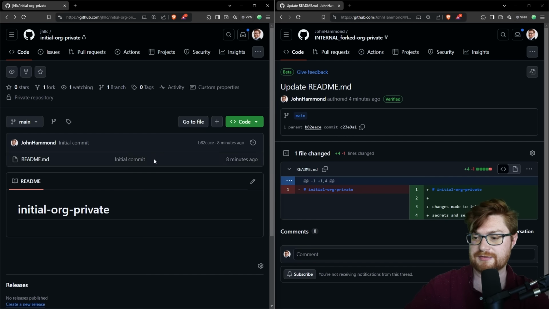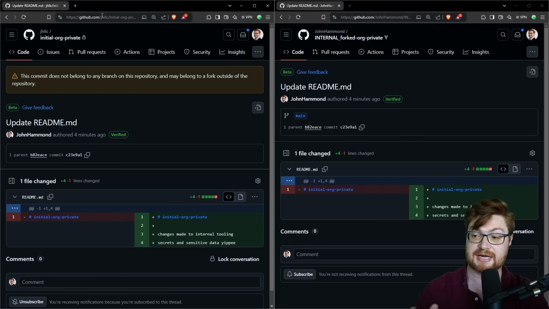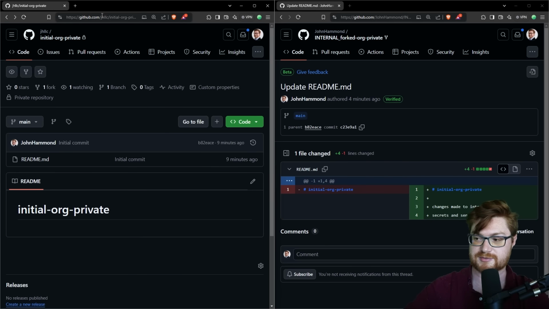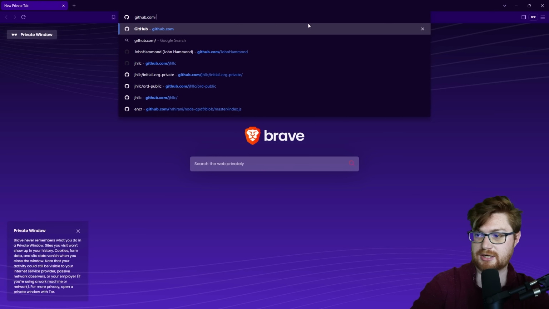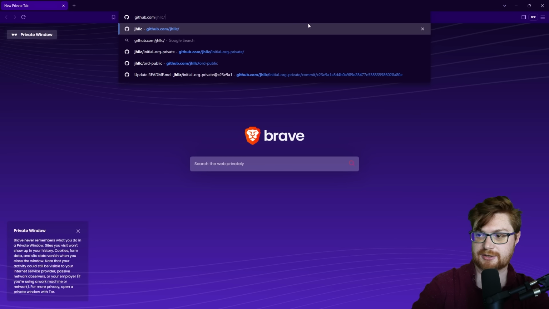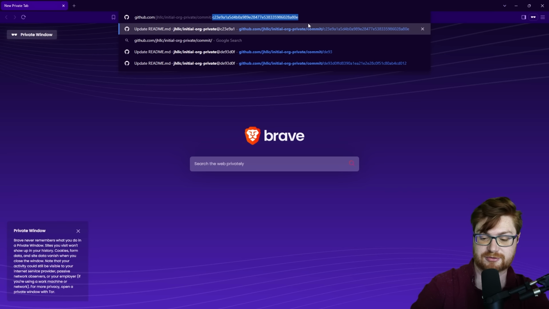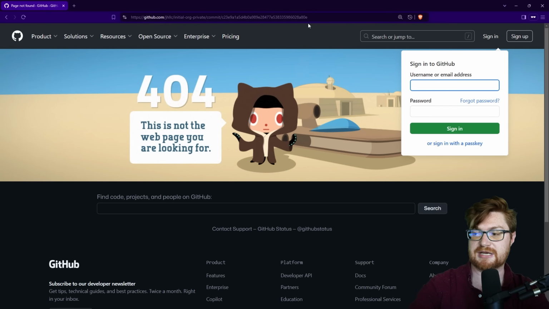But let's say over on the left-hand side, we try that, and you would, of course, as we've seen just previously, be able to still get that contents, even though it is not of that repository, so the fork is accessible. But if I were to open a new private browser, let's say, github.com/the org name JHLLC, repo name initial org private, that is still private, right? So me trying to go to this commit, well, it's going to give me a 404.